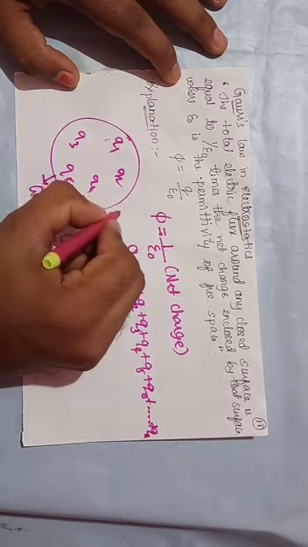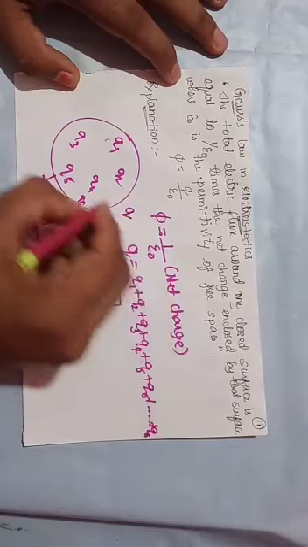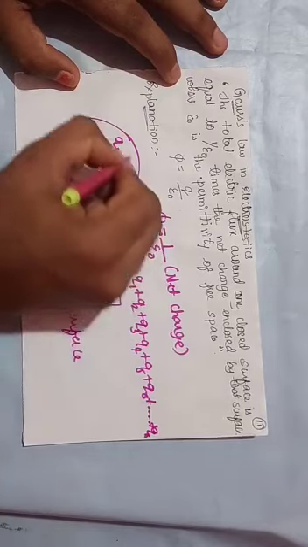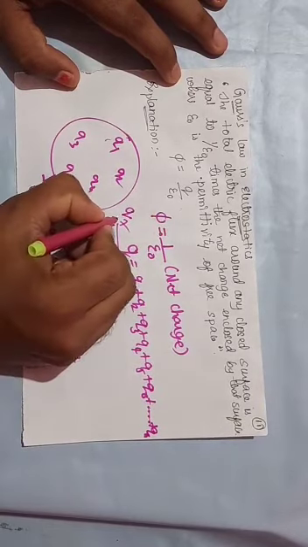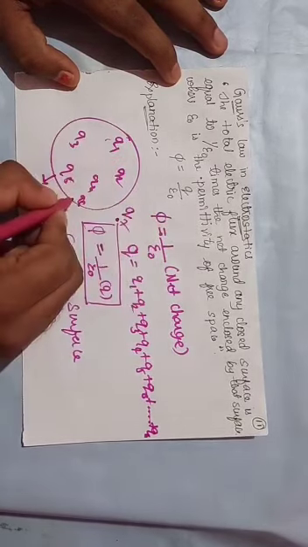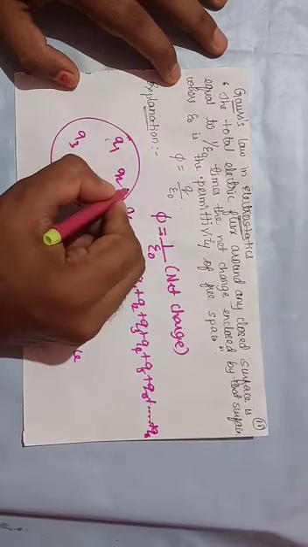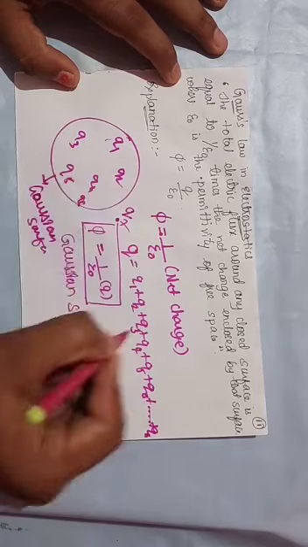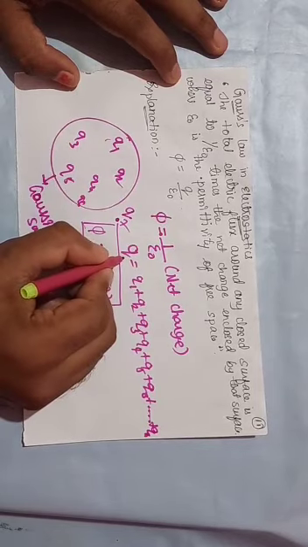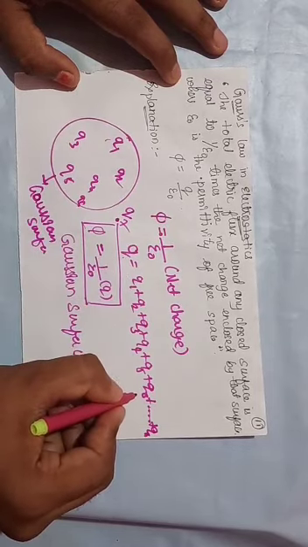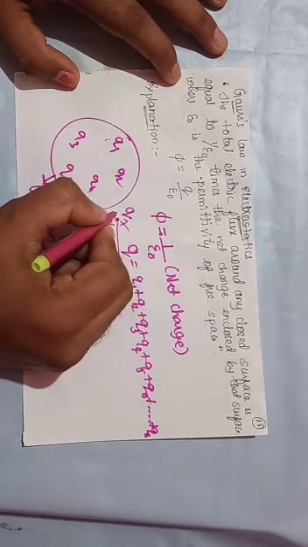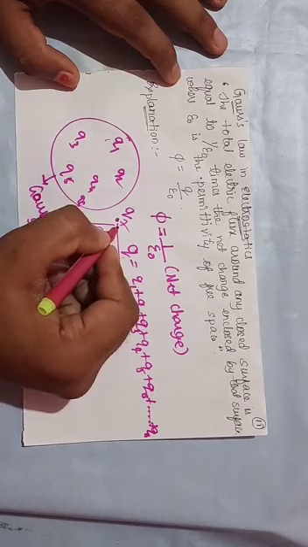If a charge, let us say q7, is present outside this Gaussian surface, we cannot count it, because the Gauss law can be applied only for the closed surface and the charges which are present inside it. Therefore the total charge q is equal to q1 and so on up to q6. We are not considering q7 because it is outside this Gaussian surface.